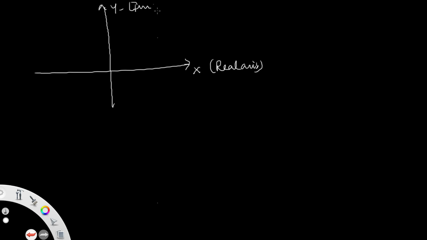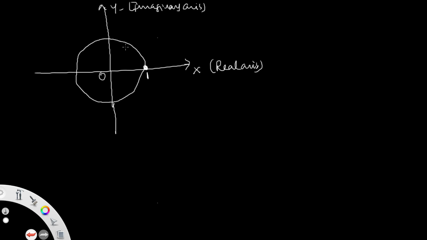First we construct the real axis and y axis. This is the x axis, nothing but the real axis. The y axis is nothing but the imaginary axis. That is why we can say that both are complex numbers. That way we construct the imaginary axis and real axis. So this is the origin. One of the roots is 1, so the circle has a radius of 1 unit. Why? Because one of the roots is 1. Let us take that as 1 unit. That means the first point is 1.